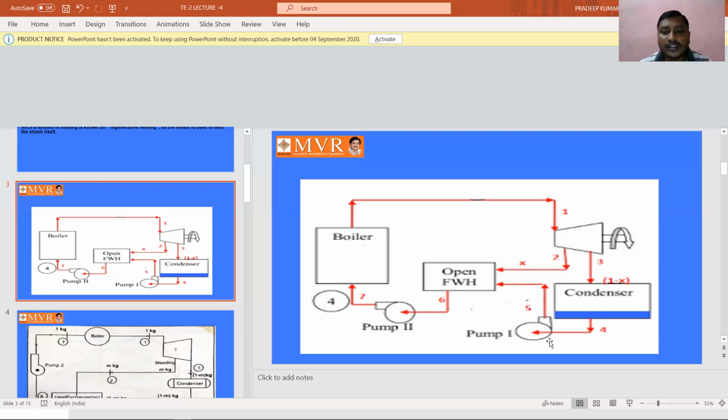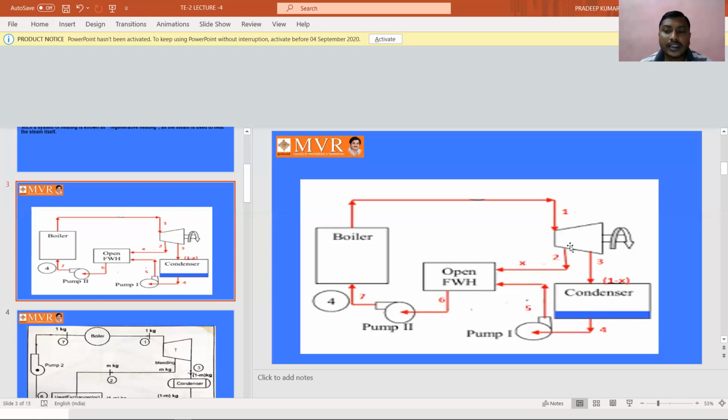heater. The water which is coming out from the condenser is fully cooled, as we are using some external source, giving some external water to cool the steam and convert the steam into water. The cooled water enters the pump, and the cooled water is pumped to the feed water heater, and